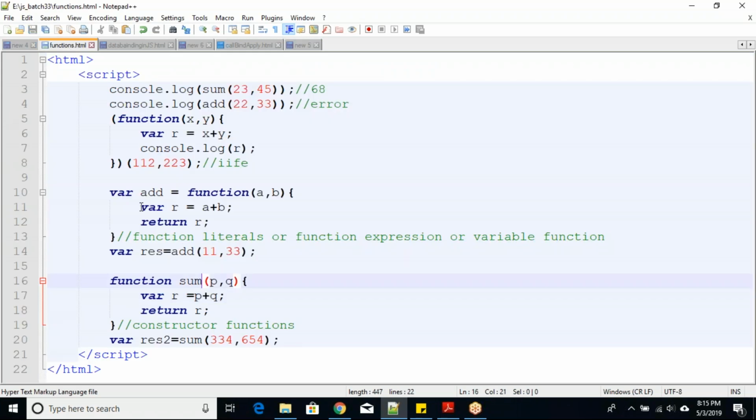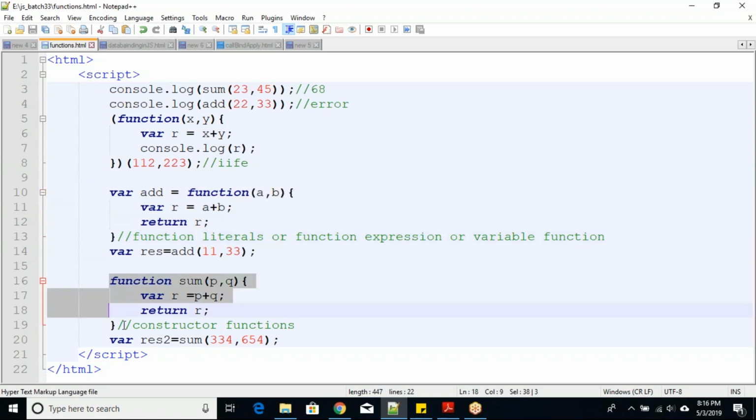You have already observed this is an anonymous function, because this function doesn't have any name. You may consider add is the name, but actually add is not the name. Add is the reference variable to this particular function. Add is just a reference to this particular function. It doesn't have any name.